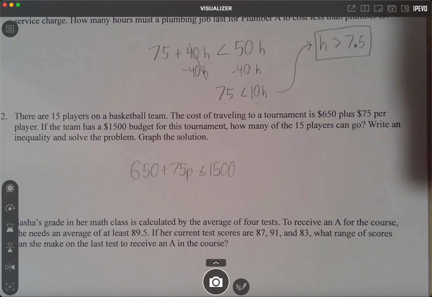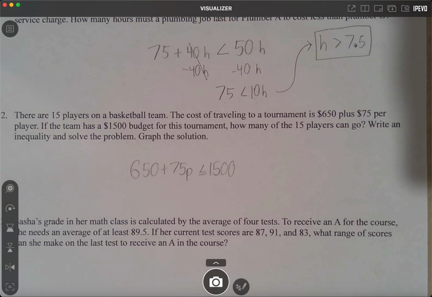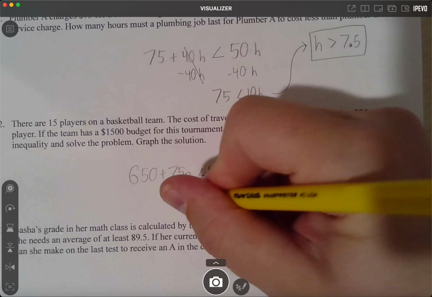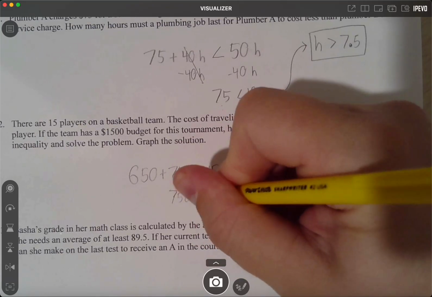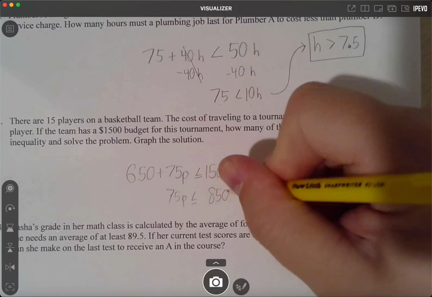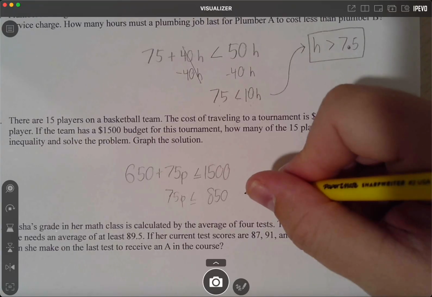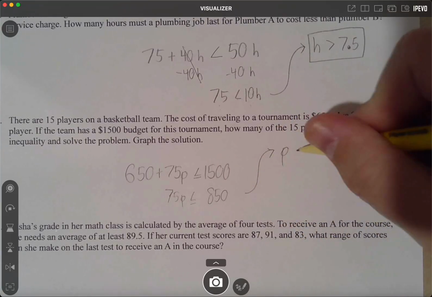All right? So really, hopefully when you look at that and think about all that setup, that wasn't too bad. But really, spend time on these examples trying to think about what is that formula that I'm going to be using, because honestly, that's the hardest part, is writing the formula. The solving usually is pretty quick after that. Speaking of which, all you'll do is you'll subtract the 650, which will leave you with 850, and then you'll divide by 75,